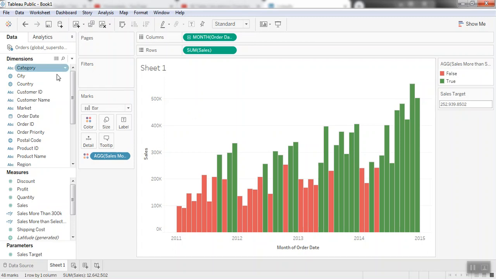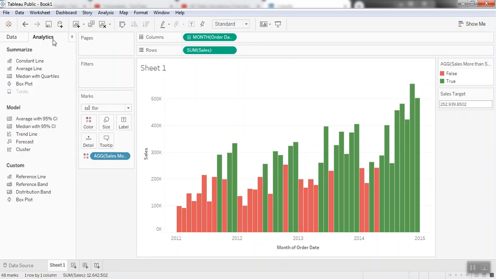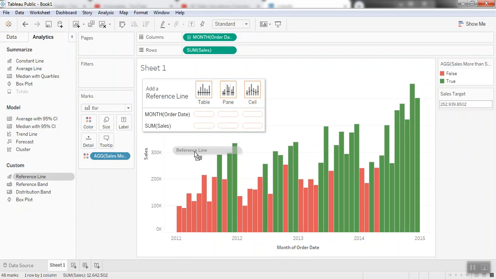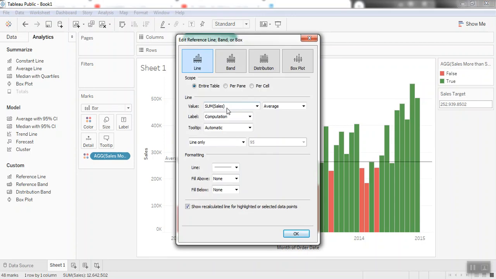You can add another level of interactivity to this view. What we can do is add a reference line, drag the reference line to the sum of sales pane, and drop it over here. In this, instead of the value, we'll select sales target. In the label, we'll have the value, and for tooltip, let's keep it as none.